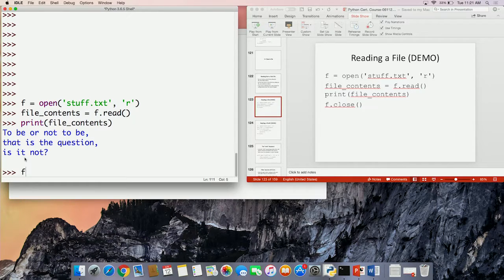Finally, we say f.close, and that's important because that will free up the file so that other applications can use it. So I've used Python itself to prove to you that the writing to the file was successful, because we read the same file and it shows us exactly what we wrote. So we wrote "to be or not to be," closed it, opened it for reading, read it,